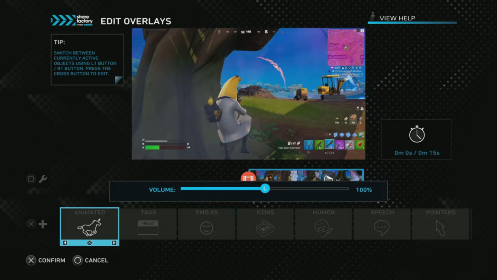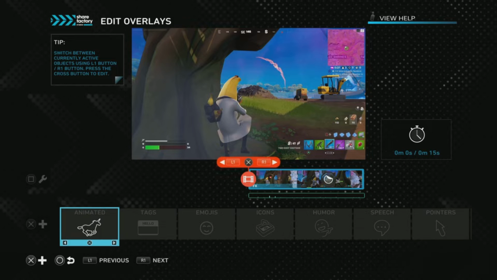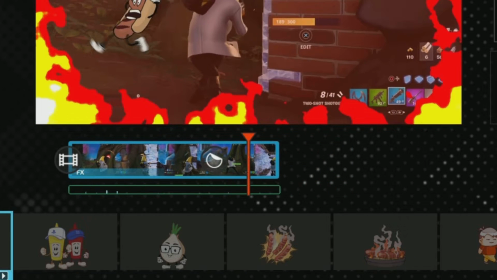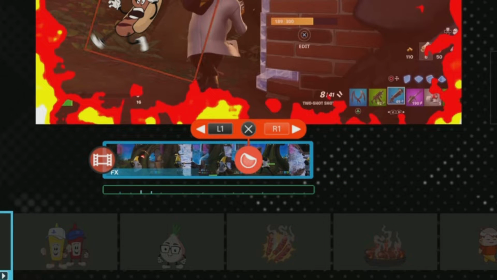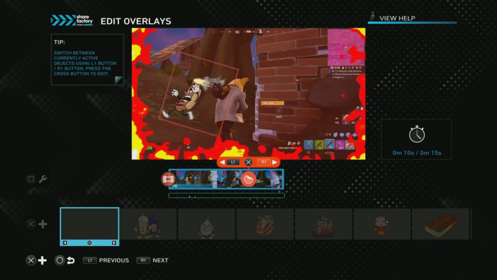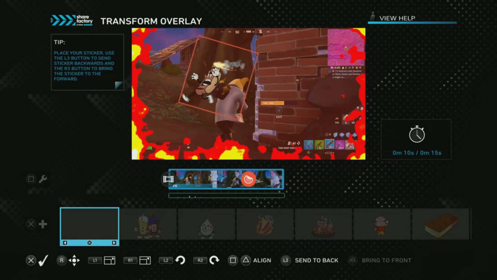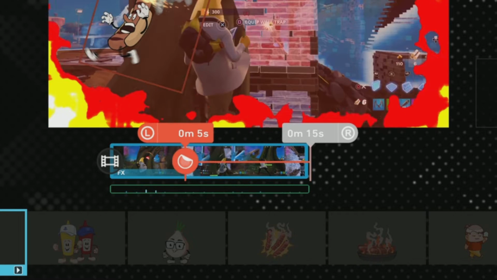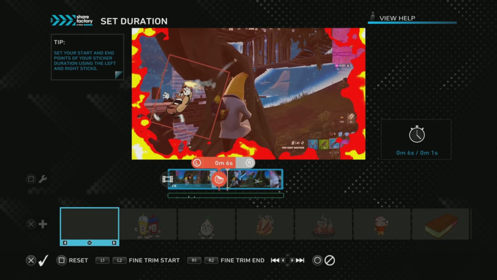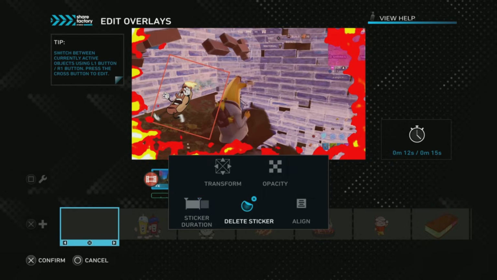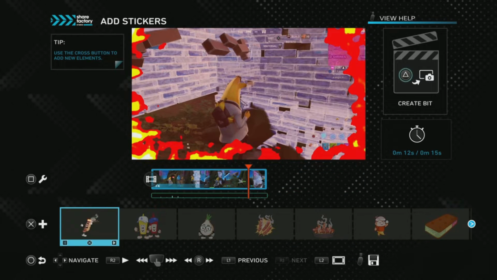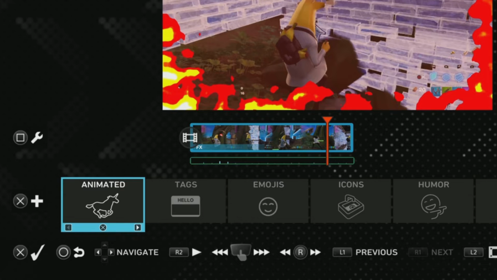Now there's other things you might want to do, and if you go to push the square button to edit it, you'll find that it goes to the volume button a lot for the video clip, and that's not very helpful. So the thing to do is scroll all the way to the right and then push the square button, and then it goes backwards onto the animation. You see the orange bar there, so then that gives you the options to change it if you want to. So it's just one thing that's a little bit strange. It took a bit of getting used to, but then you can go in and change the duration or the location or the size and all the different things. You can delete the sticker as well if you don't want it there anymore. So you've got all those options. Just be aware you have to move to the right in order to change that animation, which is a bit frustrating, but there you go.